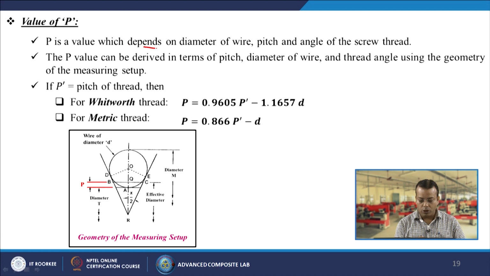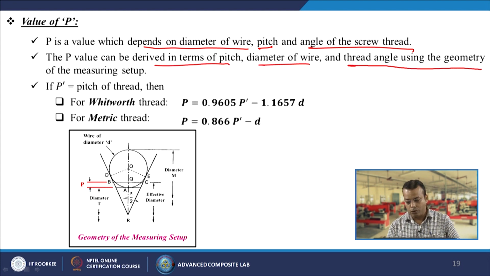So, generally the capital P is a value which depends on diameter of wire, pitch and angle of the screw threads. So, this is the wire actually. So, the wire diameter is D over there. The P value can be derived in terms of pitch, diameter of wire and thread angle using the geometry of